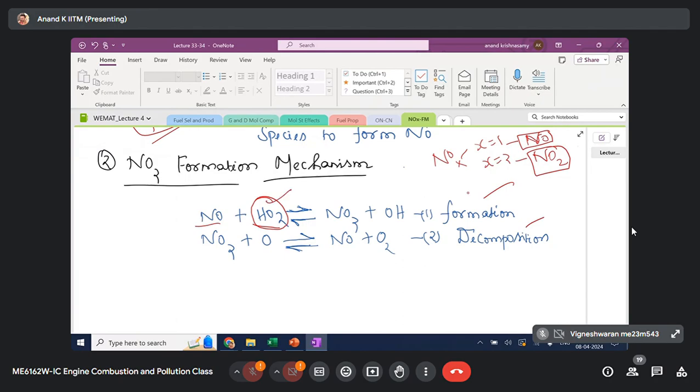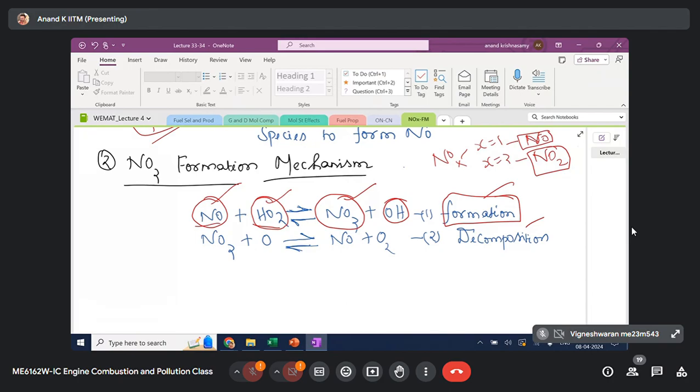You have a sufficiently high proportion of HO2 radical available in the cylinder. Because of this, the NO that is formed in the cylinder will react with HO2. In fact, NO is oxidizing to NO2. It is forming nitrogen dioxide from nitric oxide and an OH radical. So this NO2 is formed basically due to oxidation of NO with HO2. This is the reaction causing NO2 formation. This is the formation step of NO2, nitrogen dioxide.